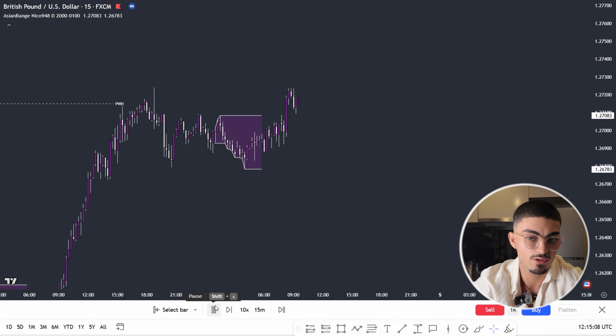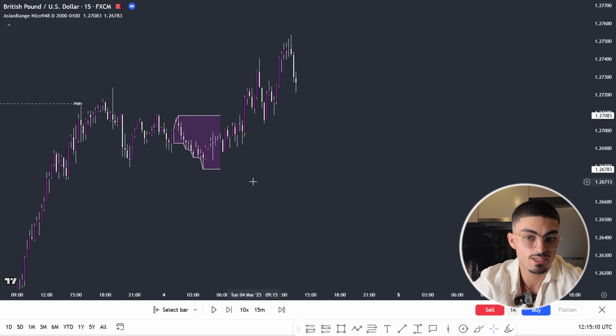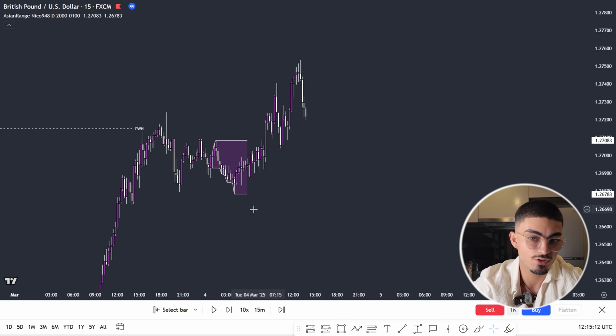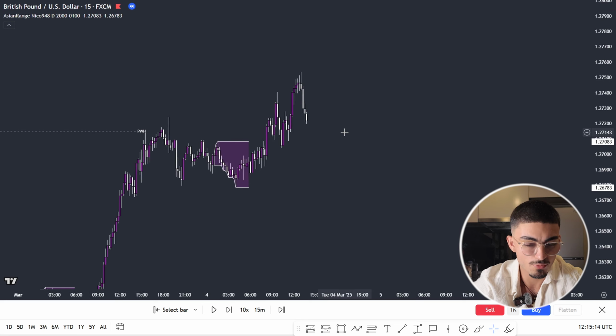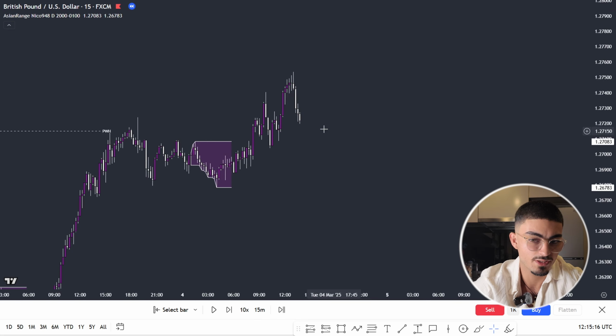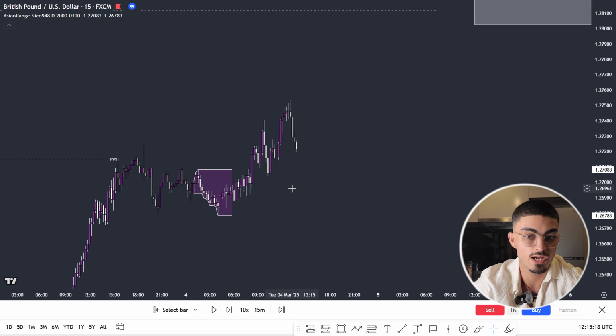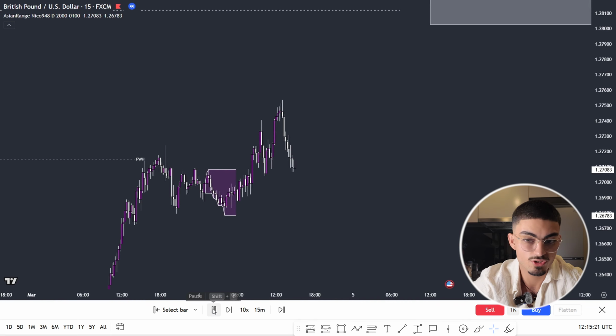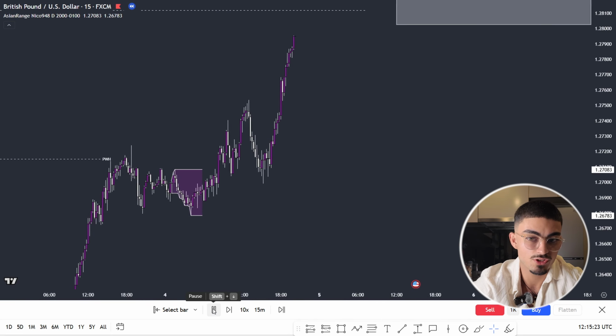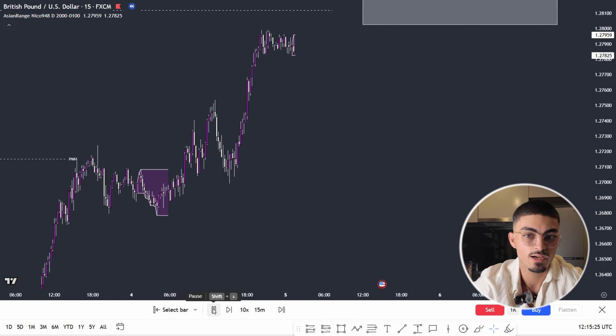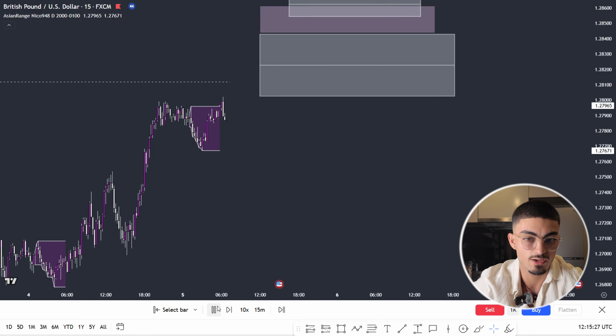As you can see, if we play out Tuesday, Tuesday was extremely bullish yet again. It just kept on going higher. So of course, I was not looking to take any sells because, like I said, we haven't seen confirmation that we're going to go lower. So literally just left Tuesday. And as you can see, price kept on rallying higher, and that basically takes us to Wednesday.